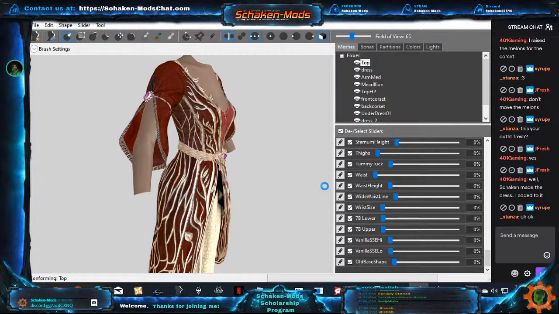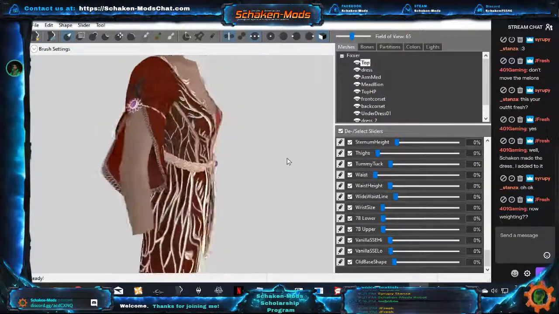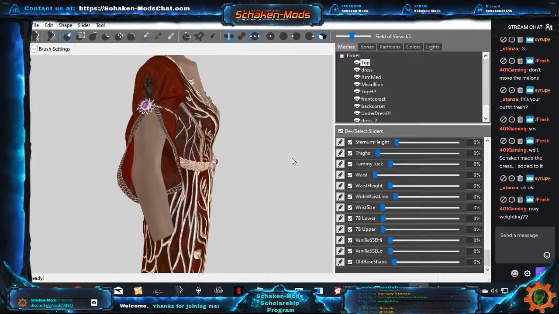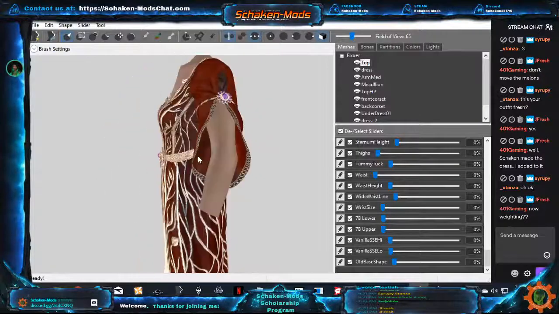And this process here is going to be a basic standard conversion from anything to your CBBE SE body style. This is of course a very high poly outfit, so it just takes forever to do this kind of stuff. There, now it's done. And now dresses are extremely hard to do. Some of the things that I will show you